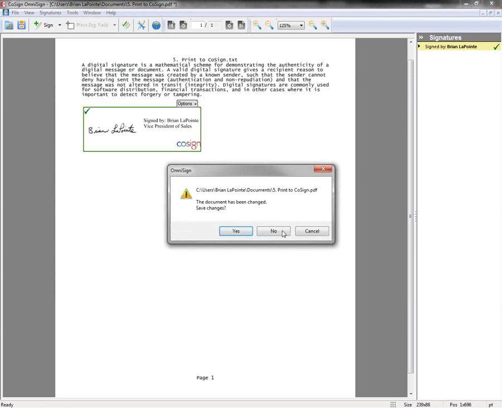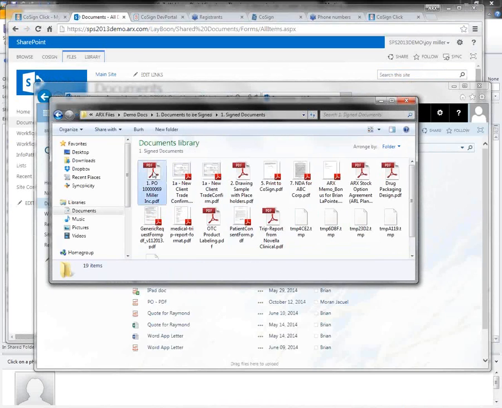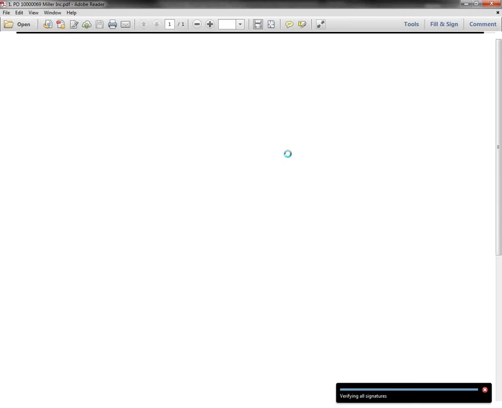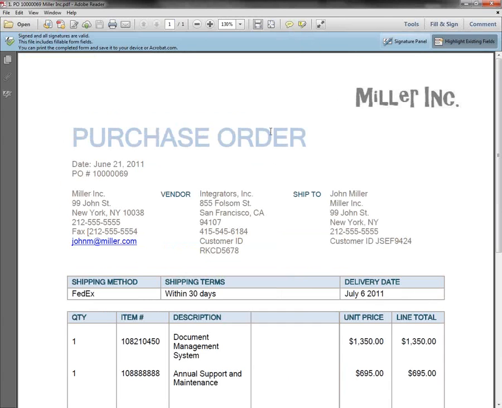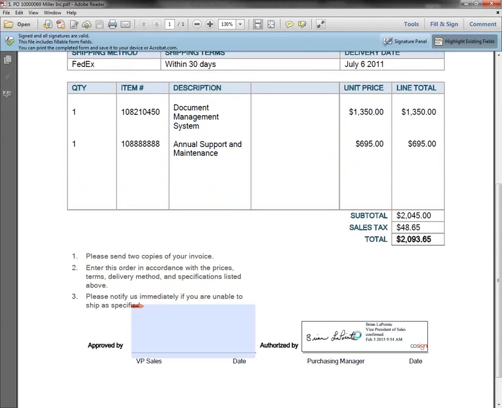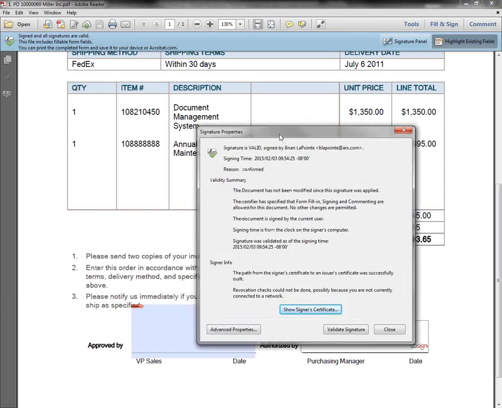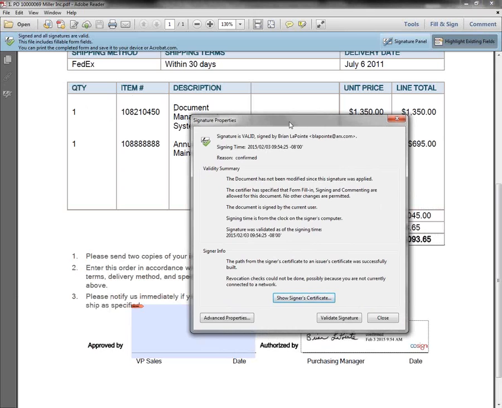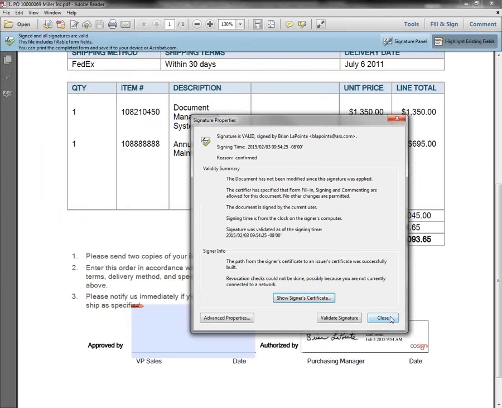And therefore, to be able to interrogate the signature details, as Brian showed earlier, all you need is the application the document was created in. For example, if it's a PDF, all you need is one of the many PDF readers that are out there. If it's a Word document, you need Word. If it's an Excel document, you need Excel. Also, the other thing you don't need is any connectivity to Cosign. You don't need any Cosign software at that point, because everything is embedded in the document, and that's really all you need.